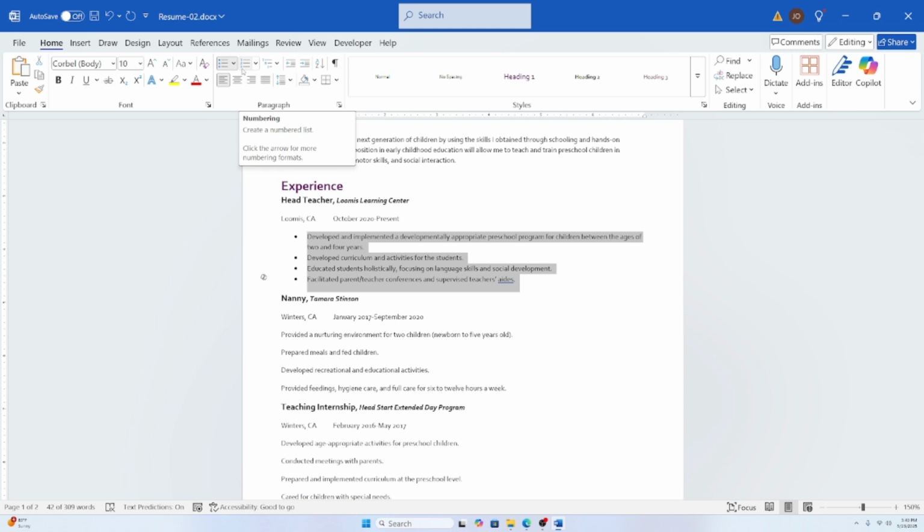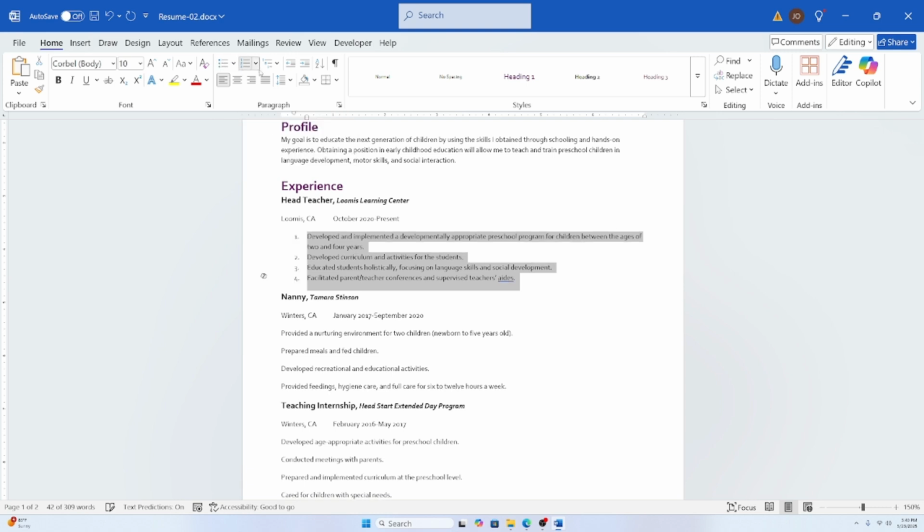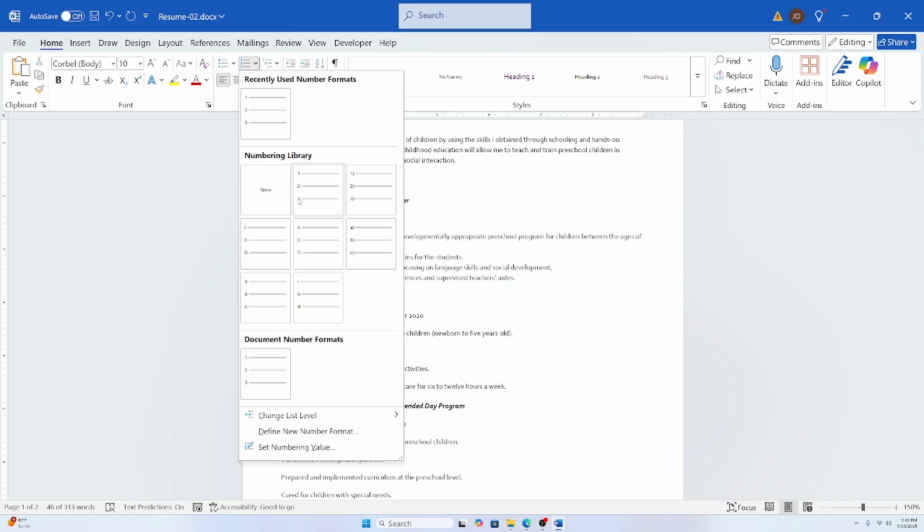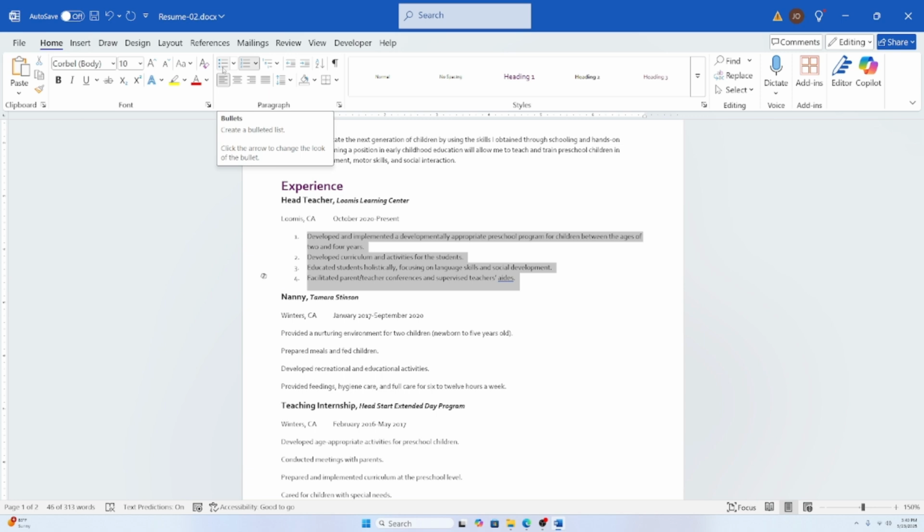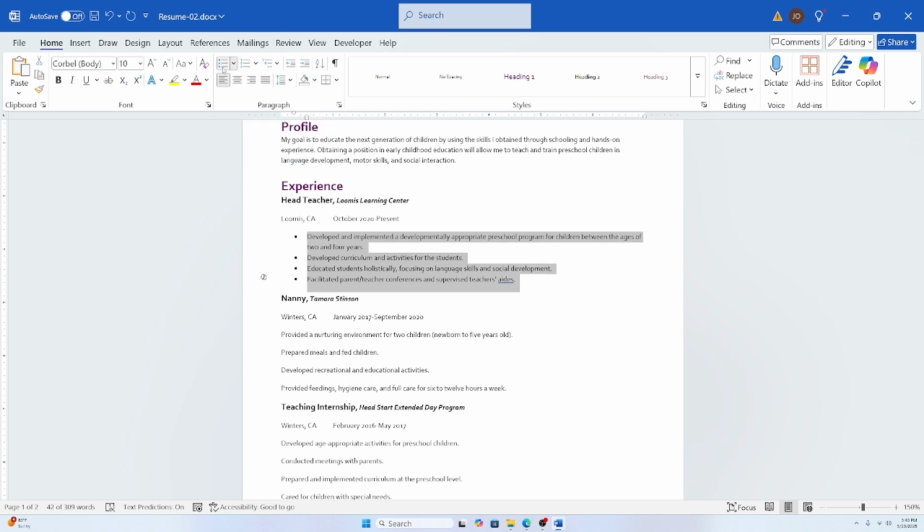Numbering list is basically the same idea. If I click on numbering list, there we go. You'll see basically the same idea. But let's just do this normal bullets. We usually want our resumes to be just normal bullet points. If you want a specific style, so you don't want just these little circles, although they do work for resumes. Very nice, very simple. But if you want something a little more with pizzazz, click on the drop down, and